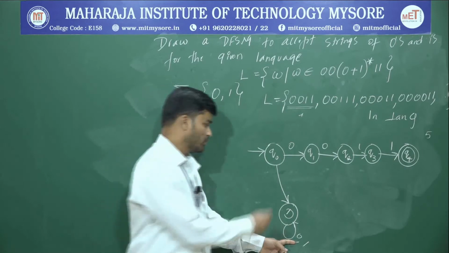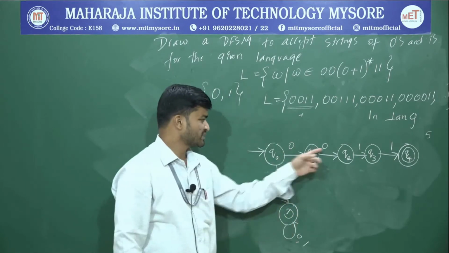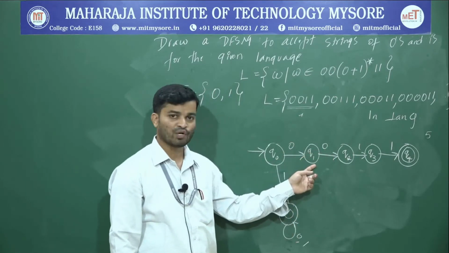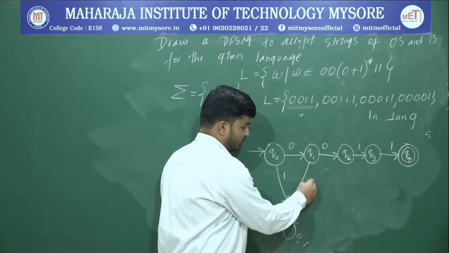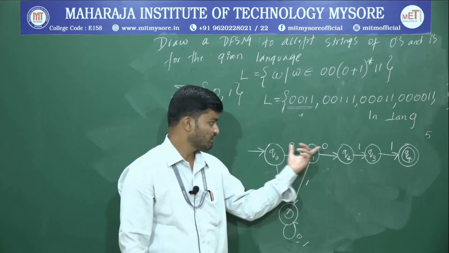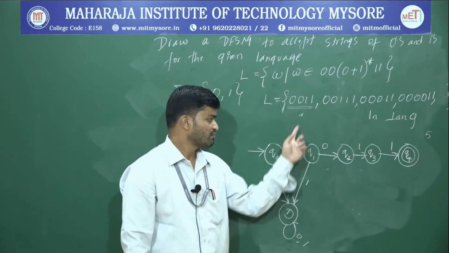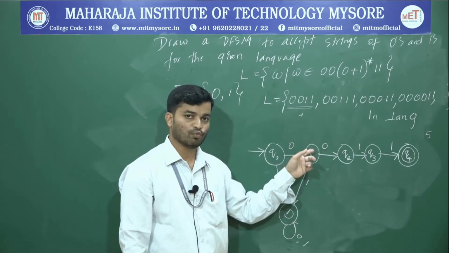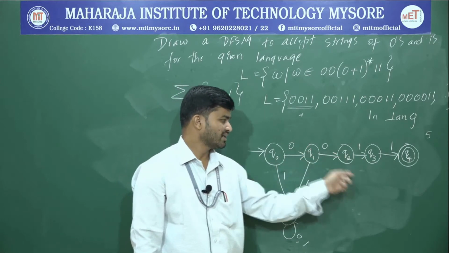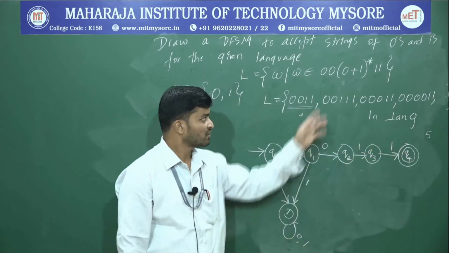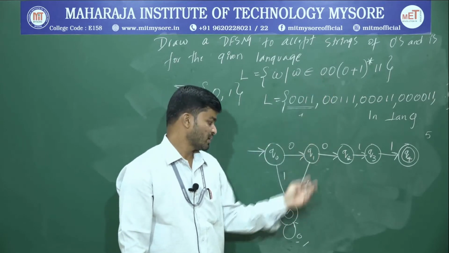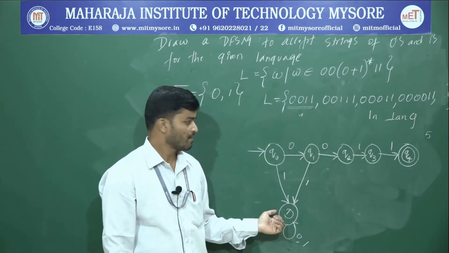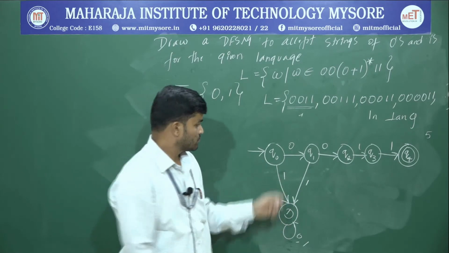Upon 1, it should start from 0 0. Therefore, for Q1 also there is no other option. Upon 1, I should connect that one to the dead state. Then only it will start from 0 0. If I write a loop, it will start from 0 1. Or if I connect anywhere, it will start from 0 1. So the requirement is it should start from 0 0. Since there is no other option, I have connected that one to the dead state.